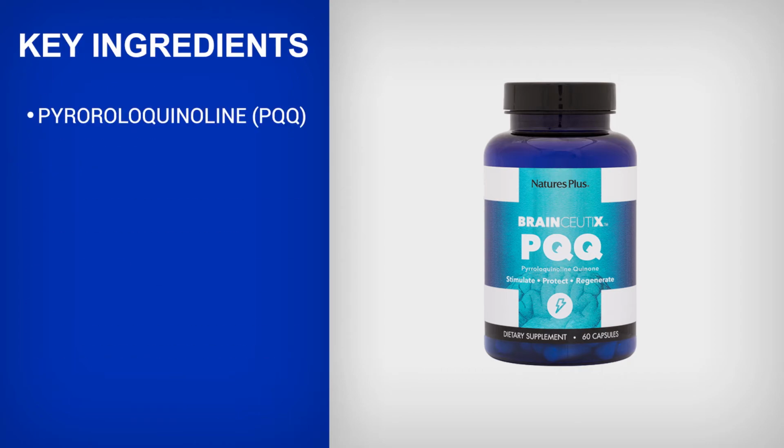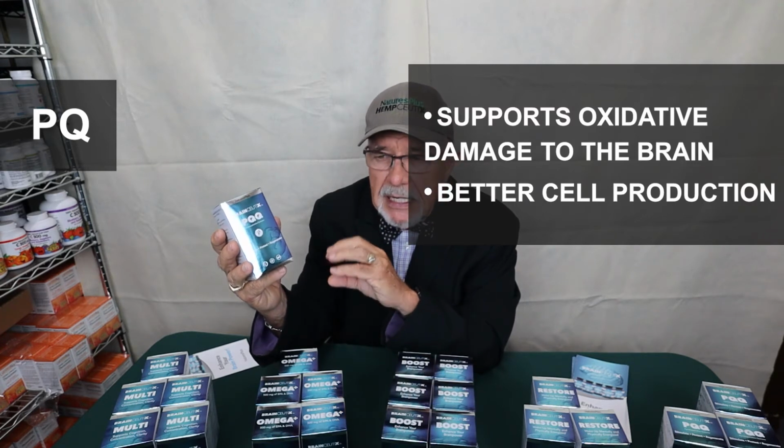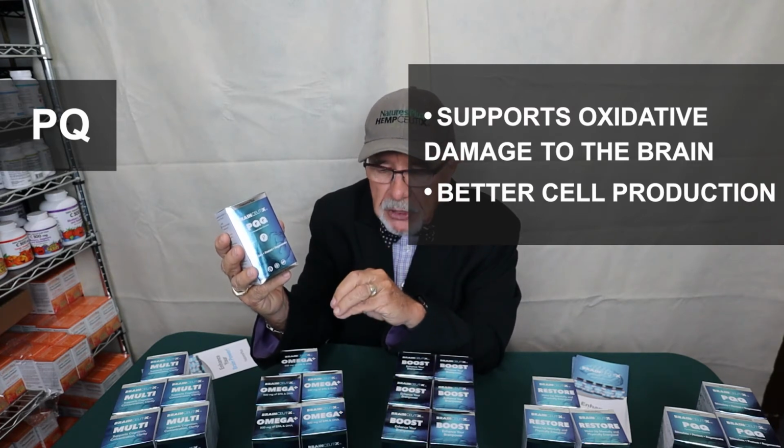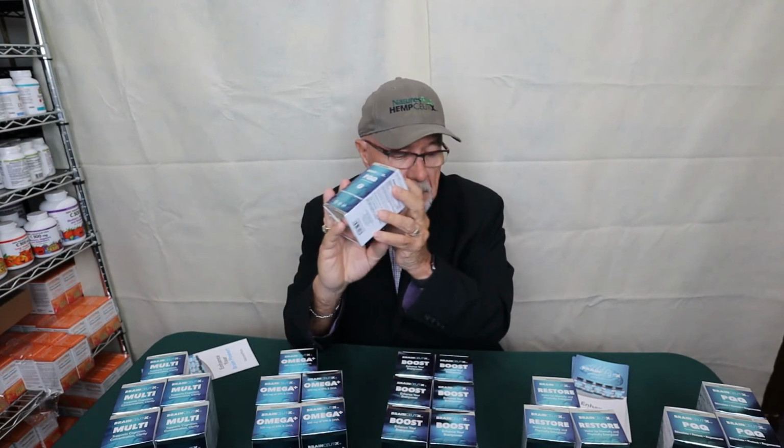So, we think of pycnogenol, we think of other antioxidants. They also come from the pine tree itself. So really unique in that area. So really supports that cognitive area, supporting against oxidative damage to the brain, supporting better cell production, and that's the real key for PQQ. So I take PQQ, I do take the Restore, I do take Boost, I do take the Omega,